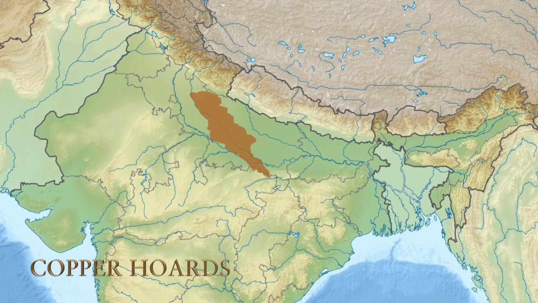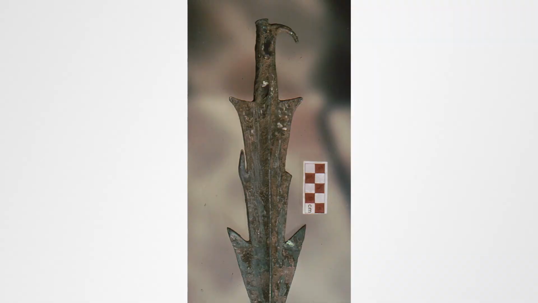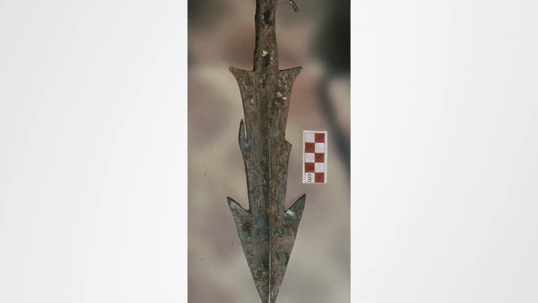So the particular date about the origin of culture is not yet known. Now the third culture which we are going to look at is the copper hoard culture. It is called copper hoard culture because at the sites which belong to this culture, we find that a large number of copper implements as well as copper weapons have been found. And the most important point about this culture is that it shows that after the decline of the Indus Valley Civilization, in the region around today's Uttar Pradesh, the technology to make copper implements survived and